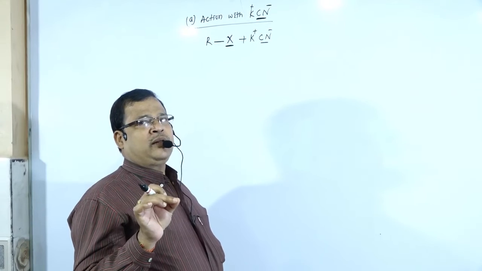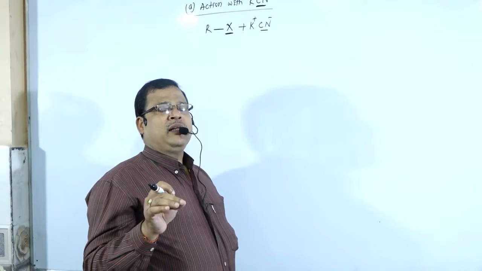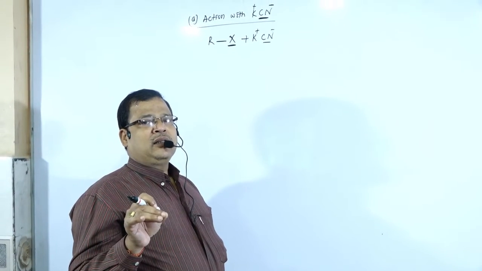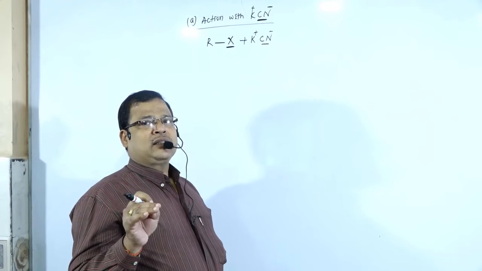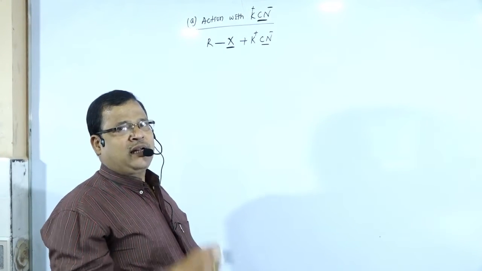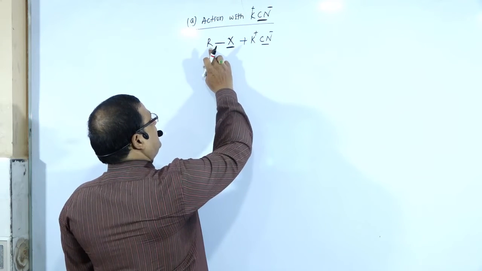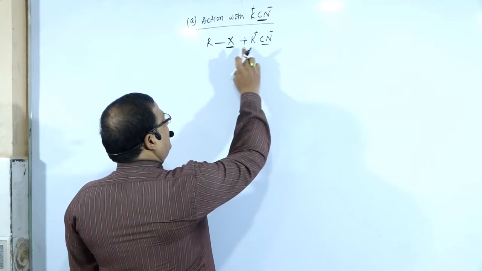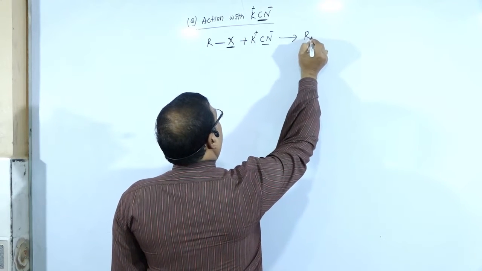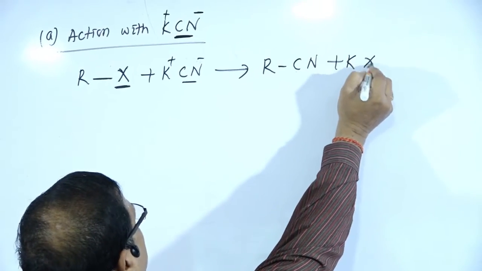But today we will give other kinds of examples, where the nucleophile may be CN minus, OR minus, that is alkoxide ion, NO2 minus, RCOO minus, etc., not only OH minus, the nucleophile for which we gave the example in the last class. Then what will be the product? The alkyl halide RX treated with potassium cyanide gives the formation of RCN plus KX.